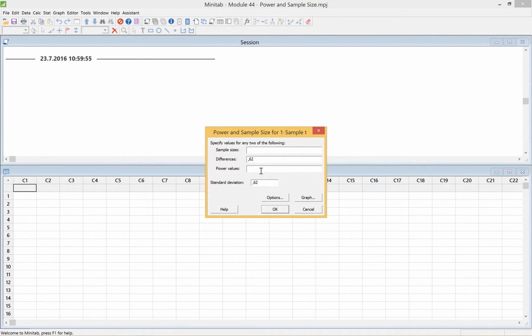For power values, typically I put in a spectrum of power values. So 0.8, then space, then 0.9, then space, then 0.95, then space, then 0.99. And what that's saying is I have a beta value, or the risk to the customer, of 20%, 10%, 5%, or 1%. And when I calculate, what this will do is say, for these conditions, what are the various sample sizes. Okay, so if I click OK,